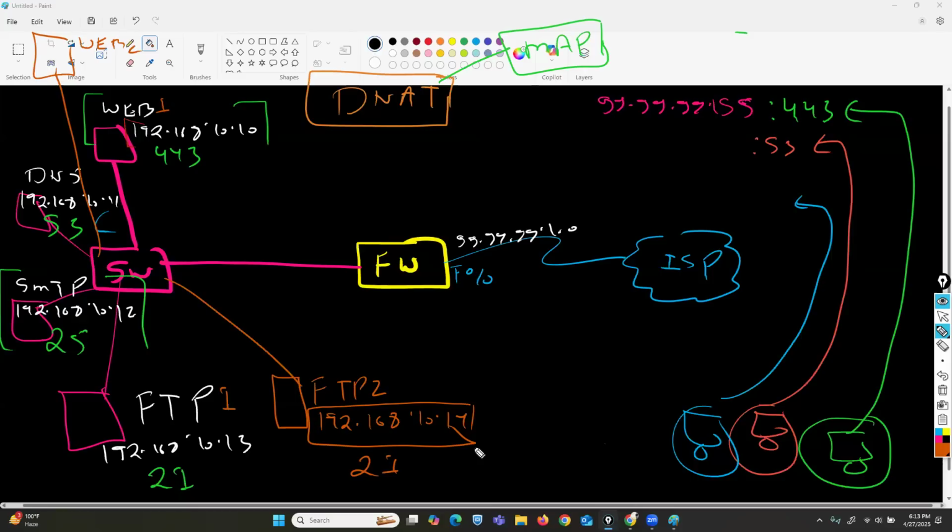So if I have multiple web servers and multiple FTP servers, then as per your configuration,